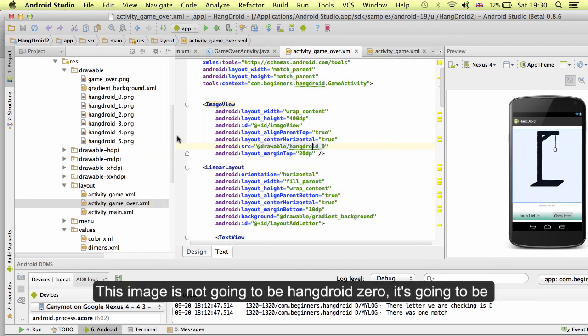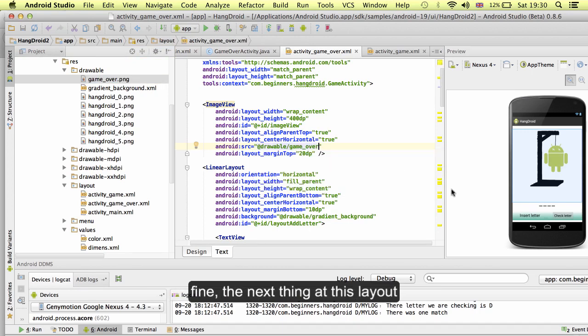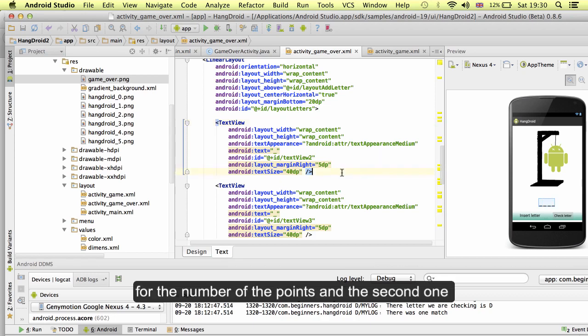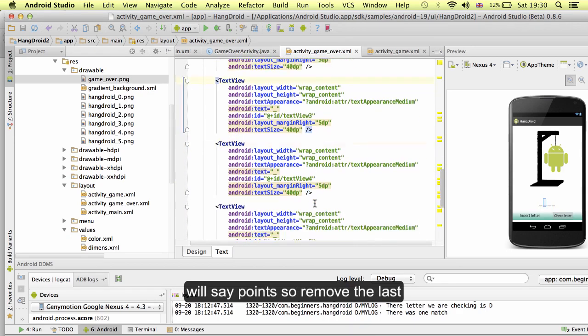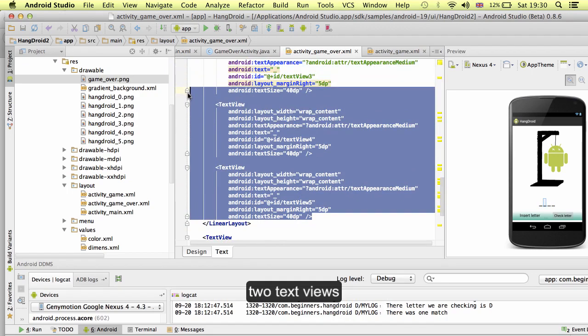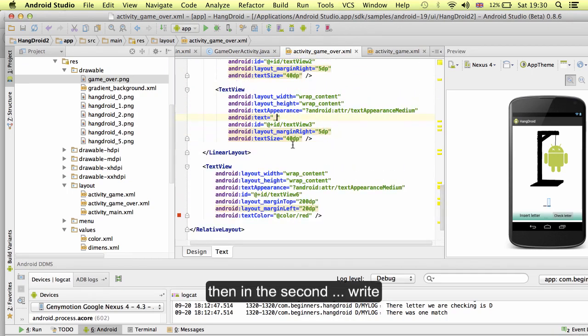This image is not going to be 100, it's going to be the drawable game over. So game over, fine. The next thing are these layouts. We only need two. We need one for the number of the points and the second one we will say points. So remove the last two text views. Then in the second one write points,